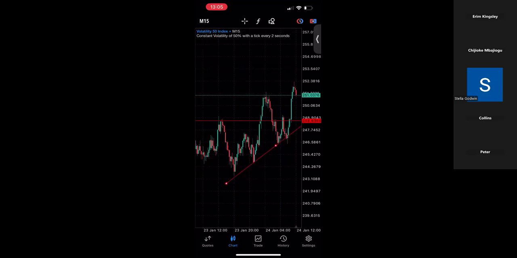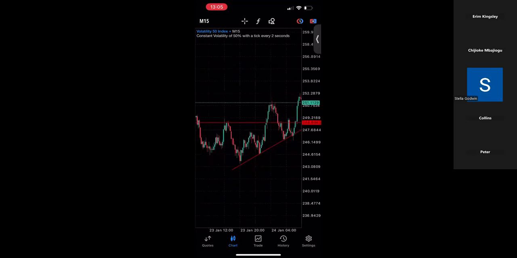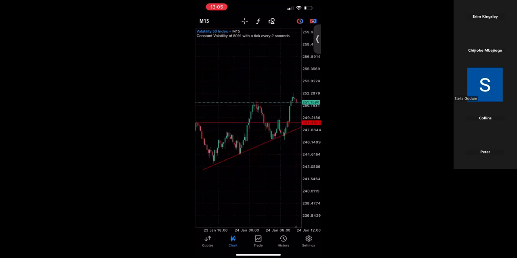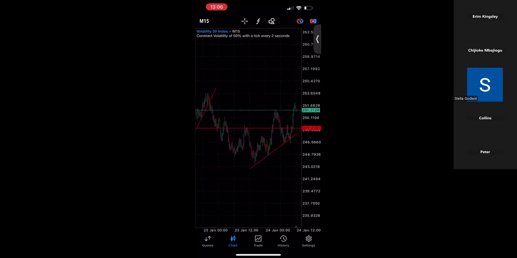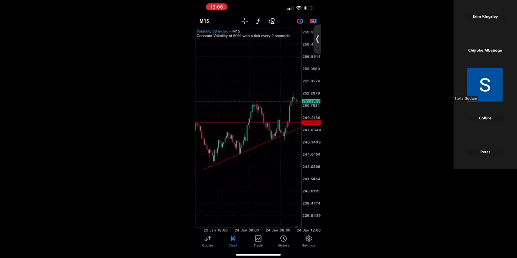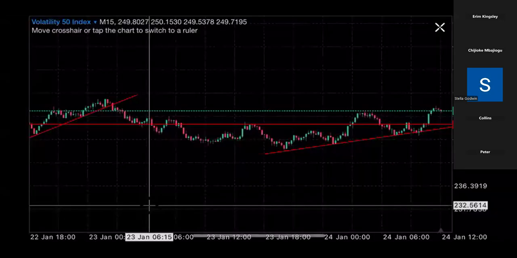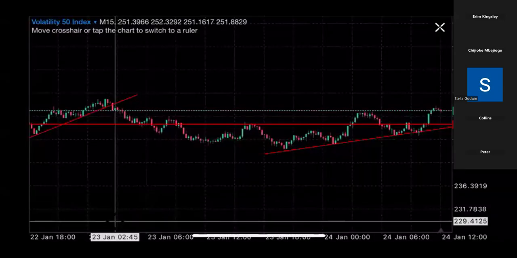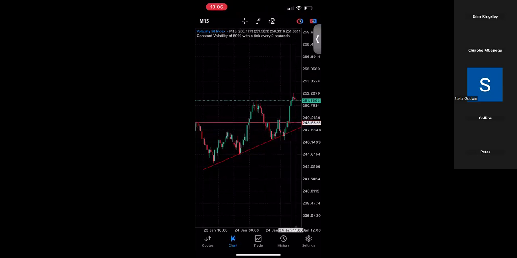And you want to place your buy limit so that even if you're not there... it's like the price is forming a trend line on the 15, trying to form a trend. Remember, I told you trend is when price makes a series of higher highs and higher lows. You can see that price is making higher highs and higher lows on the 15-minute time frame. So you can put a buy limit on this trend line.